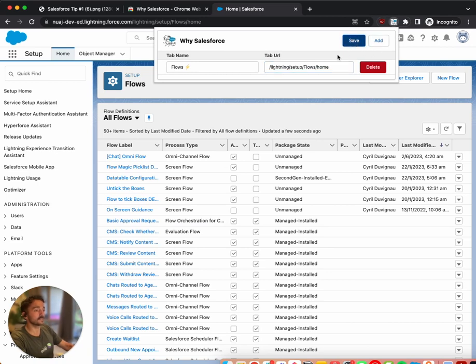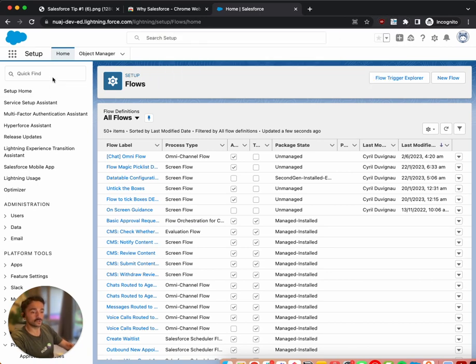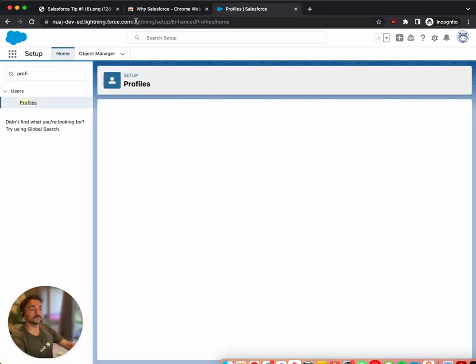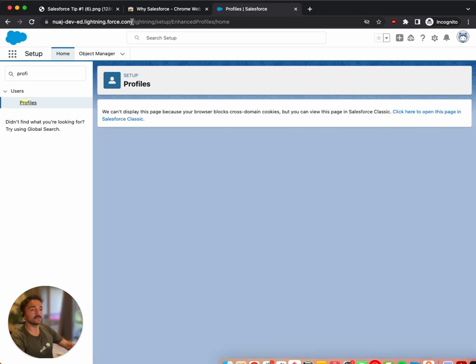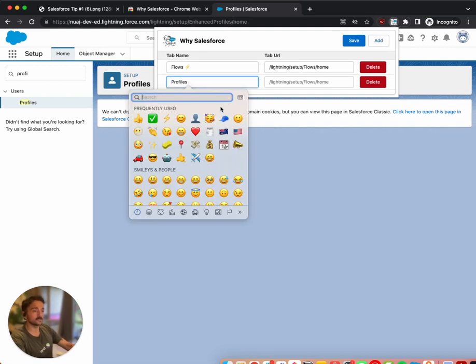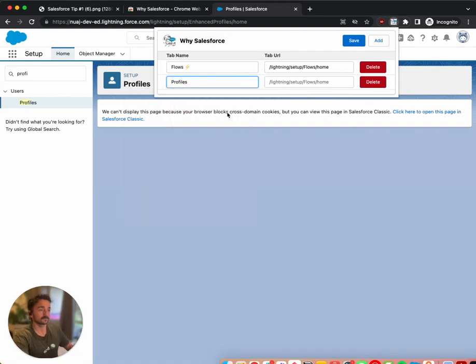and save this. Another one we could do, let's go with profile. Again, you want to grab the URL from /lightning, open your Chrome extension, add a new one, you call this profile, and paste the URL. Save this,